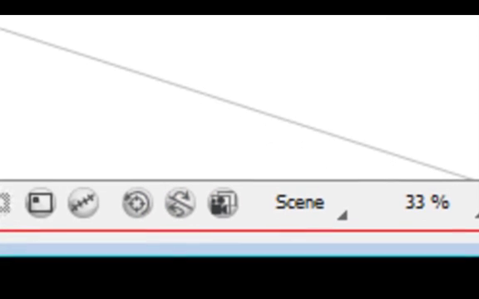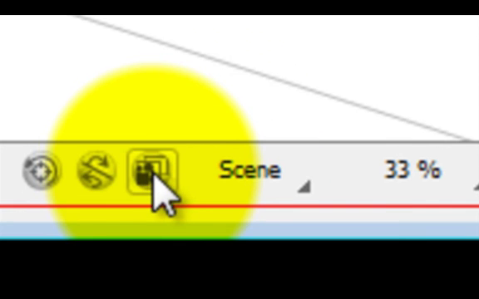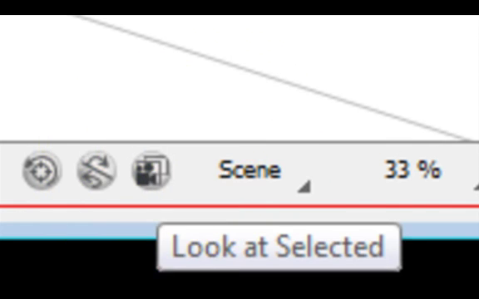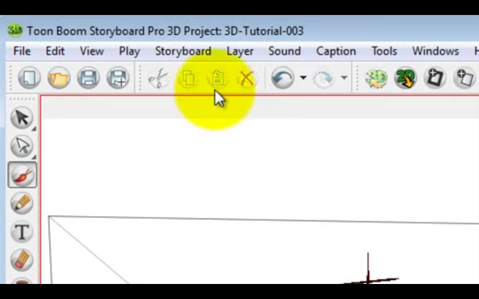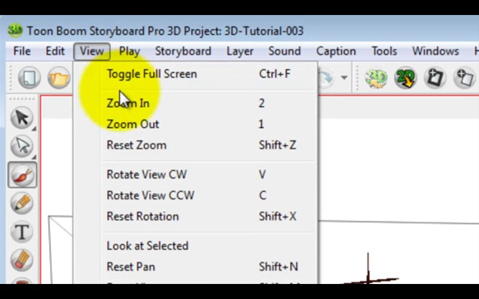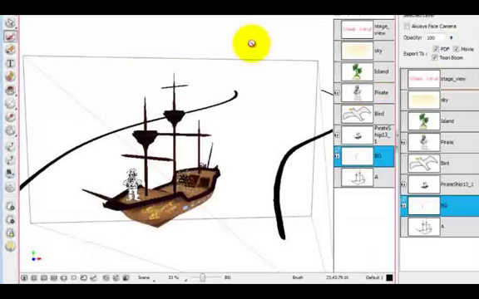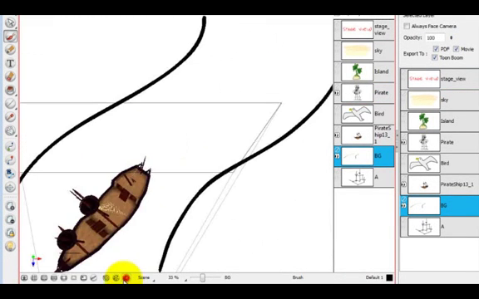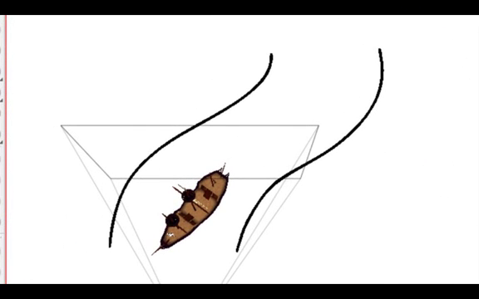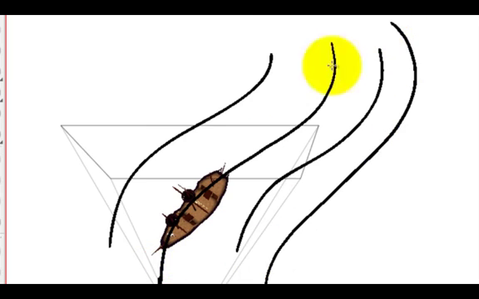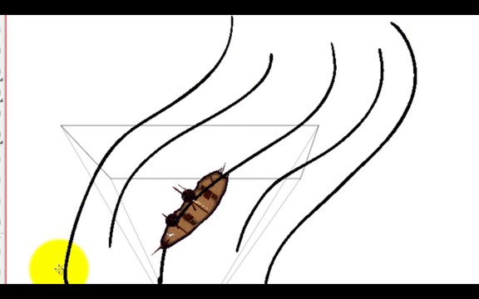Now I'm going to drag this up a little bit so we can see that button even more clearly. Look at Selected. You can find that command also in the View menu, and there it is, called Look at Selected. And basically when I press that button, it's going to pop the whole scene in a way that my layer was originally facing me when I drew it, flat against the screen. And now I can take my brush and I can do whatever I want to,